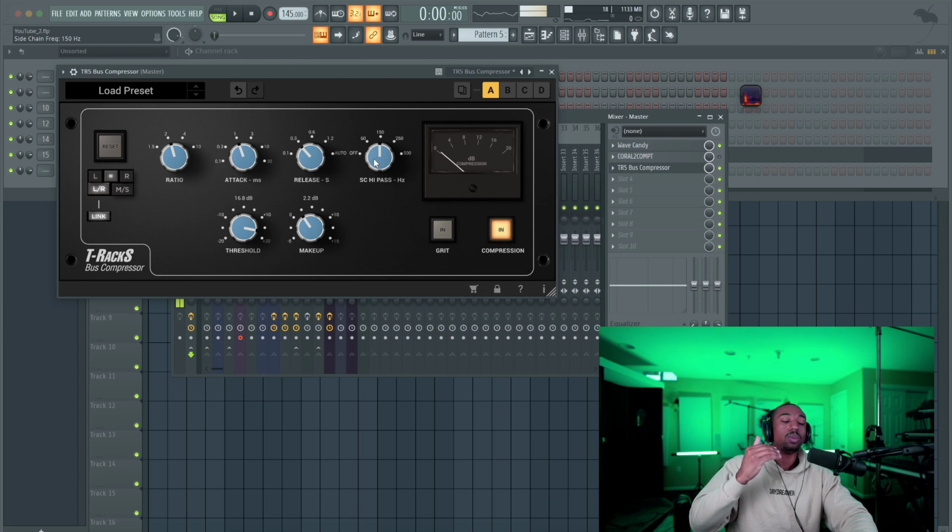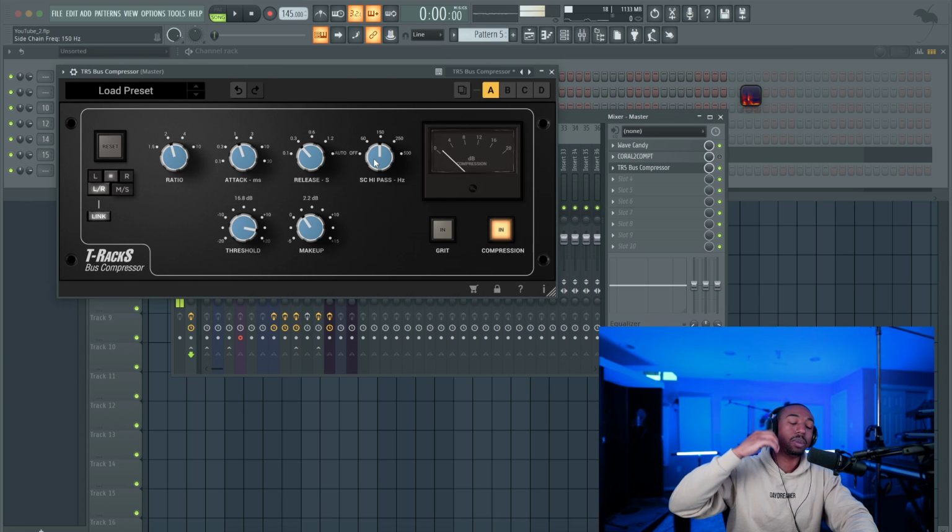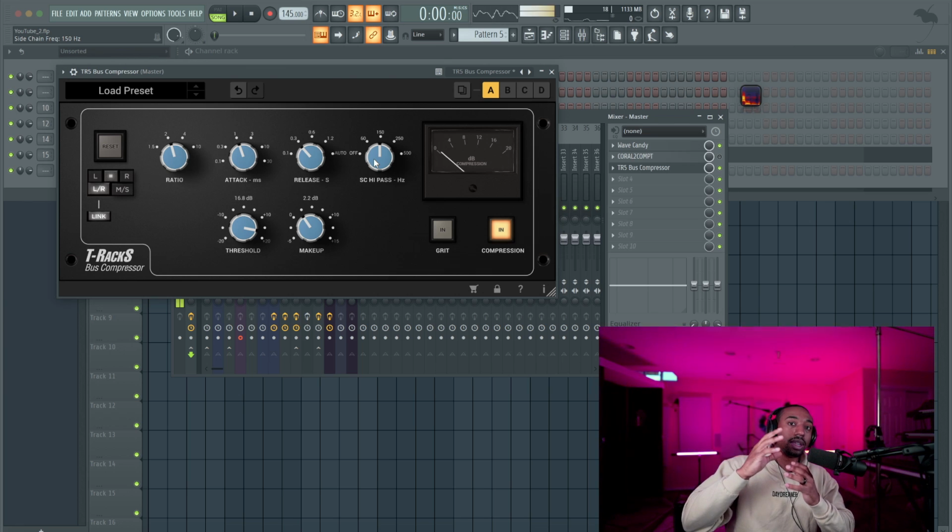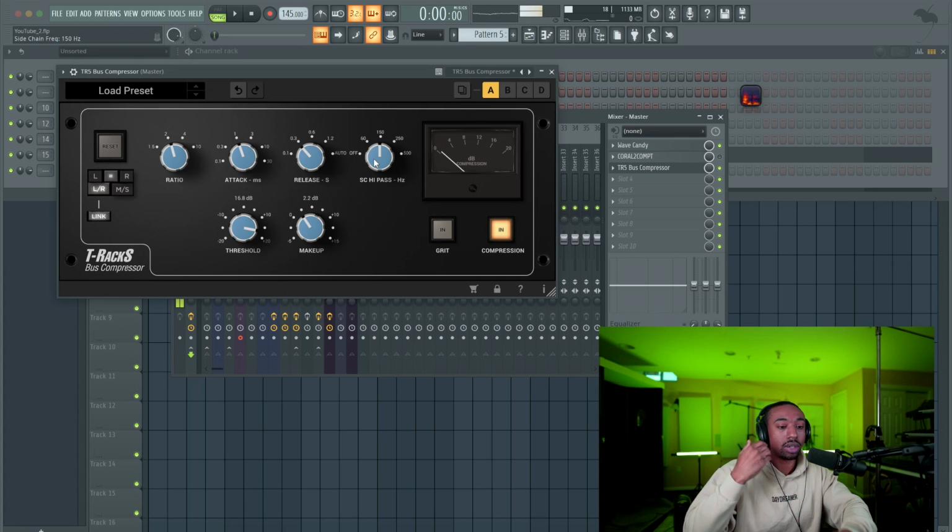So if it doesn't listen to 150 and below, every time the kick hits, it won't trigger the compressor. It's not necessarily leaving the bass out of it. It's just saying it won't trigger. So if we want to use the metaphor of that Life movie, certain prisoners are known to run away, and we expect that. So we're not going to shoot at them. We're just going to let them run because we know they're going to come back to the place they were at. But some prisoners are really trying to get away. In that case, we only look for those types of frequencies that are really trying to get away. We already know the other lower frequencies are just going to turn right back around and come back.